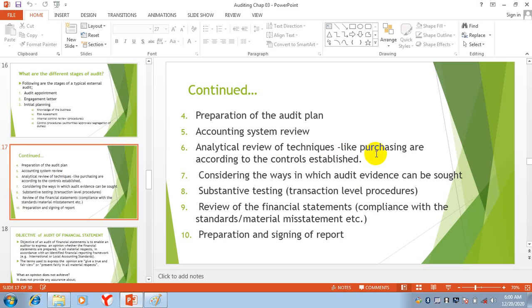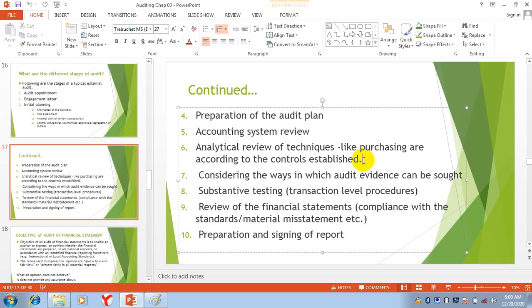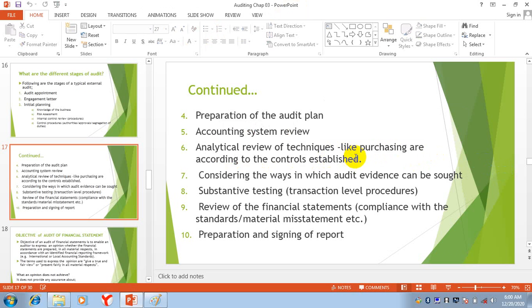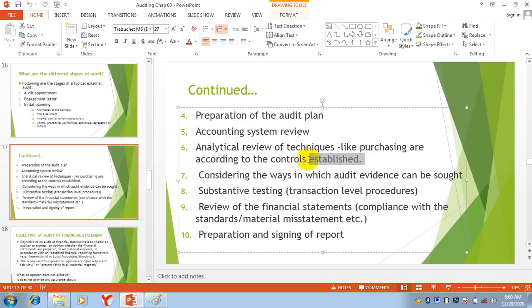Suppose I'm giving you an example. Suppose an employee came to the management and said that I need one month advance salary. So now what will management do? They will check whether in the rules and regulations it is written that we can give one month advance salary or not.